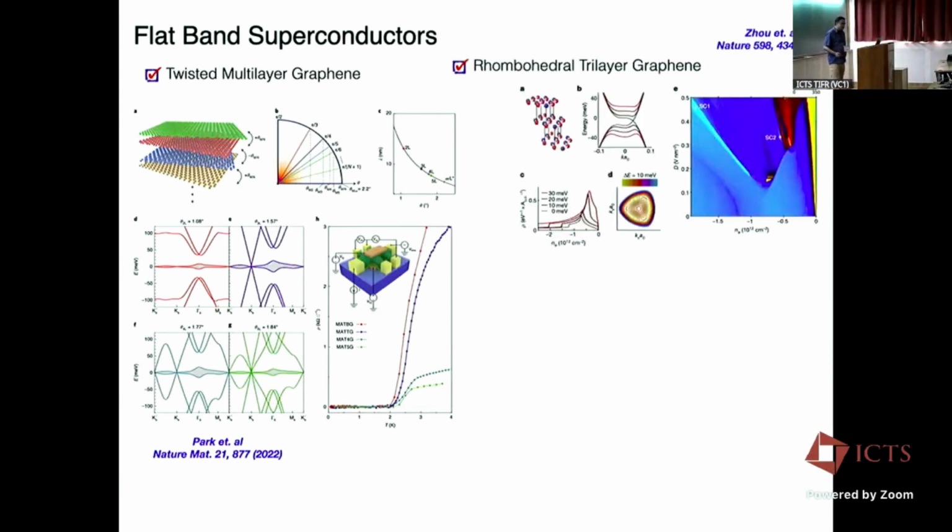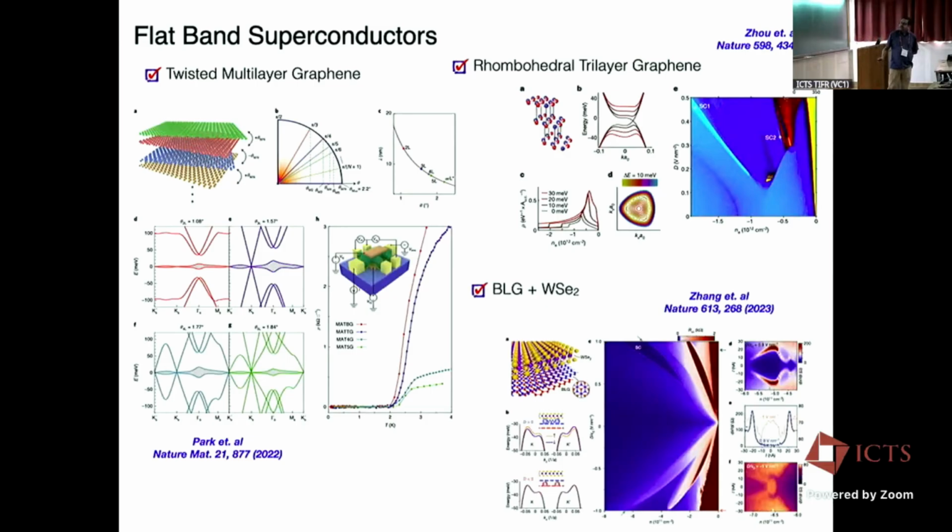So we can look at rhombohedral tri-layer graphene. Again, this is not a Moire material, but it again shows superconductivity and a flat band. You have bilayer graphene with WSe2, which also shows a flat band and a superconductor. And there are more, which I'm not talking about. So the point being that there is now this general class of superconductors, all of which came out of systems which had a very flat band, or very low kinetic energy, to start with.